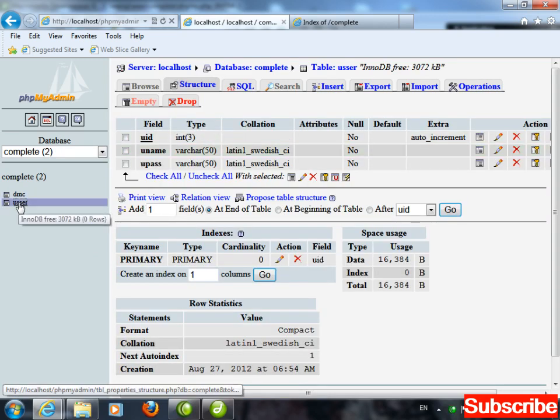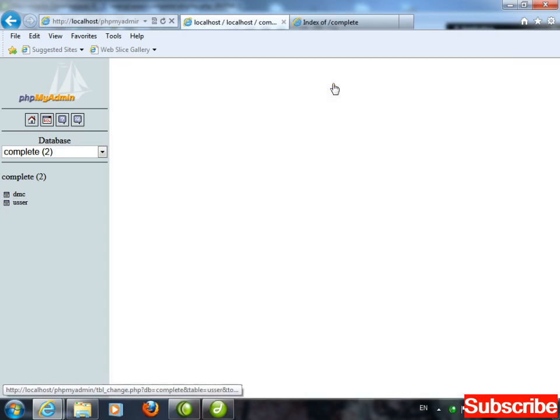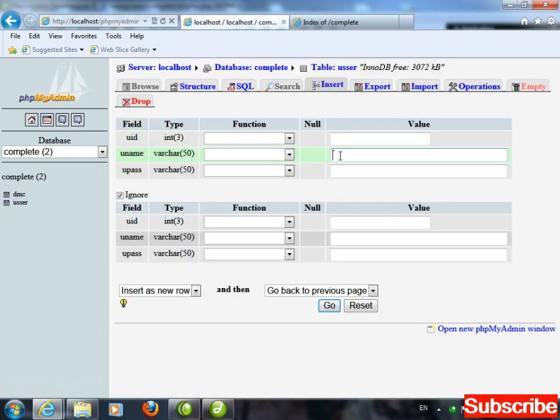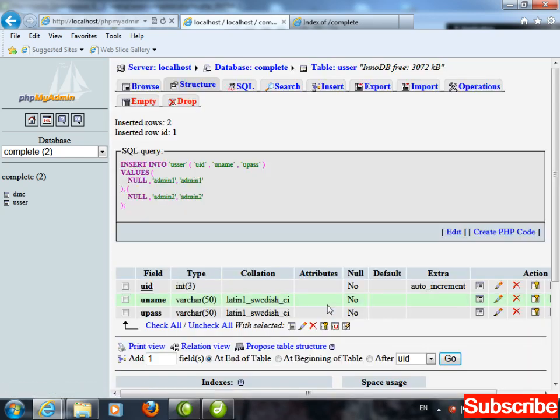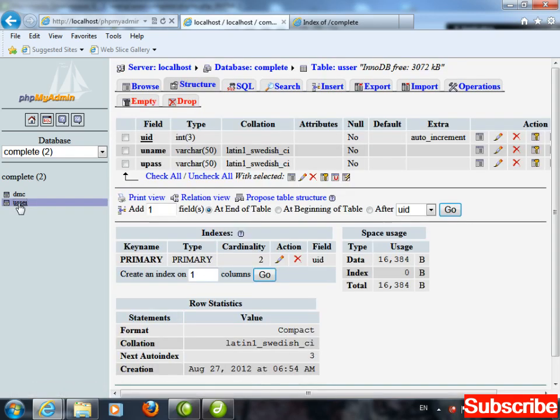Click on the table, and here I'm having the user table. Click. Insert. The first user, let's say this is admin1 and password also admin1. Second, admin2 and password also admin2, and click on go. Now see, click on this user and browse.